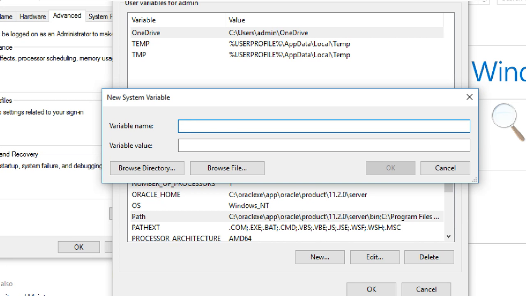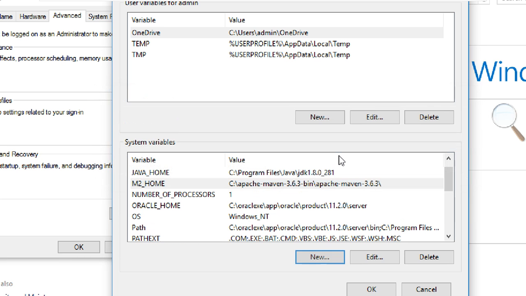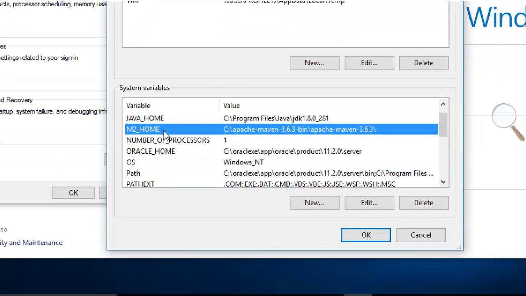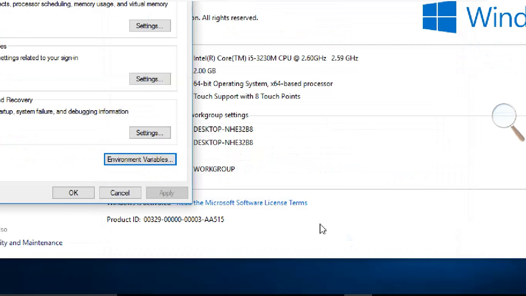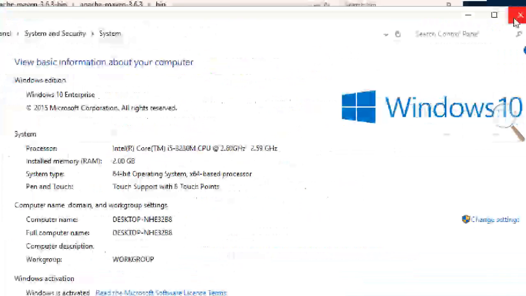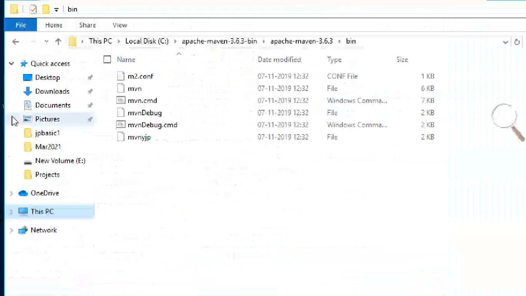It is in caps, so M2_HOME, and give the location without bin, the complete home directory. And M2 also, I have given M2. This is the name of the environment variable for Maven. Actually it is Maven 3, but they are still using M2.